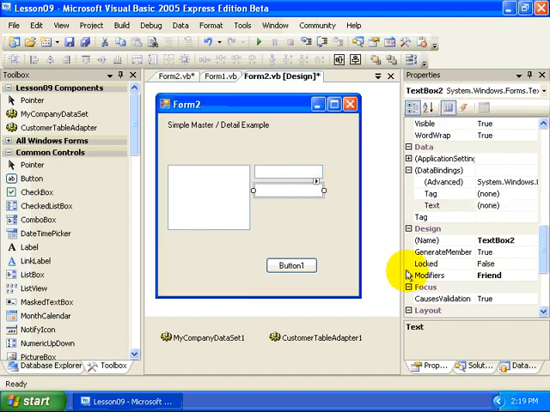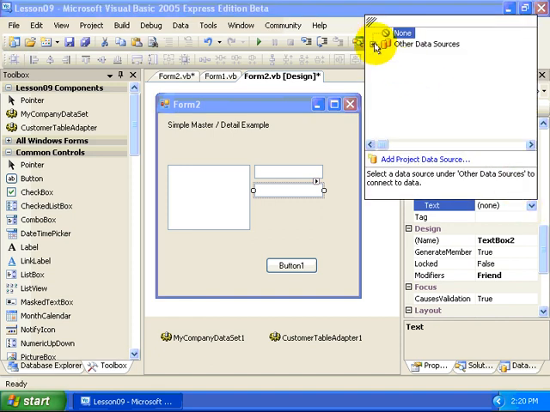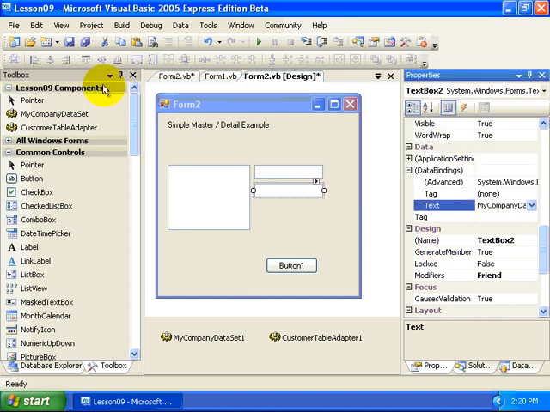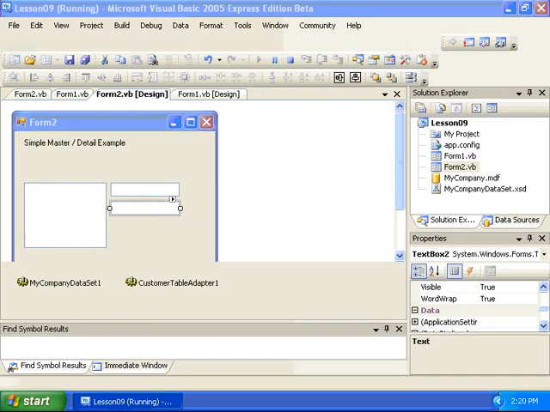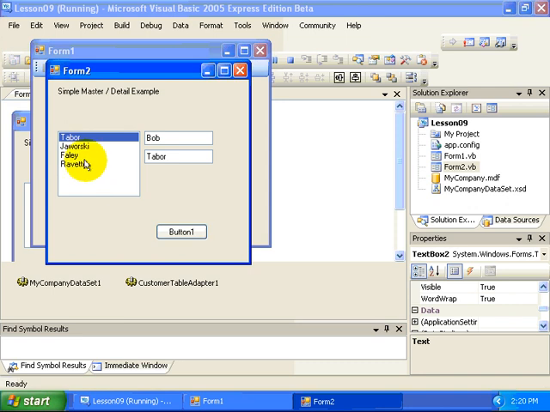And we'll do the same thing here as well, where we are going to adjust the properties for our second text box. Again, Form2, the My Company Dataset 1, customer, and then in this case, last name. Okay, so let's run this to see if it works. So we do have some limited functionality. Whenever I select an item on the left, there is a message that is sent to these text boxes that lets them know that they need to change their values to the current item within the